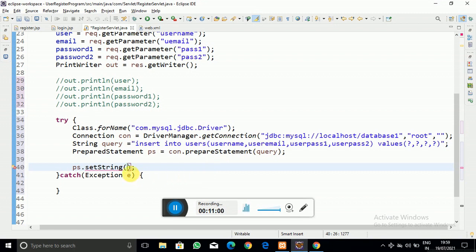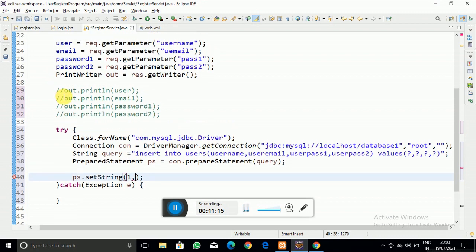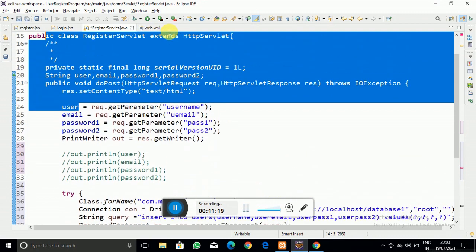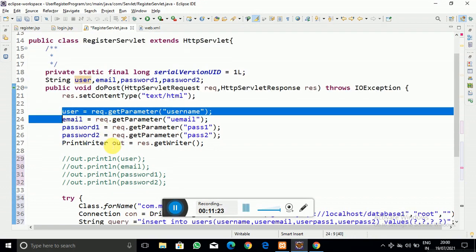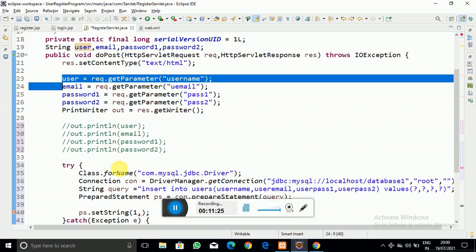In the same way we are going to do it for all. So the setString method, and in which position? The first position. And what value are we going to insert in place of it? It is the username, that is, we have created the user variable, as you can see here, and that we are going to store into the database.